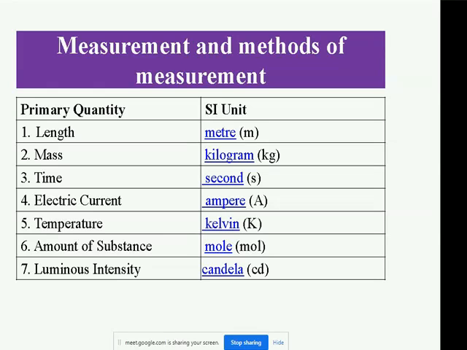Don't forget to mention the temperature as Kelvin, because we are heavily habituated with measuring temperature in degree Fahrenheit, because our body temperature is 98.4 Fahrenheit, and we know the basic conversion of Celsius to Fahrenheit as C by 5 equals F minus 32 by 9. These conversions are used daily in human life. But the standard SI unit of temperature is Kelvin, the international standard.